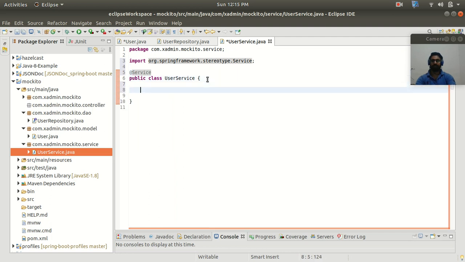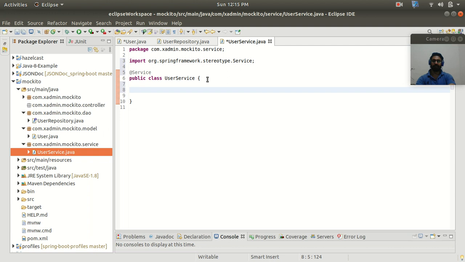And here inside this class, I'm going to create the methods to add a new user to the database and to delete a user from the database, and to get all the users present inside my database. So before writing that functionality, let me inject user repository to this service class.